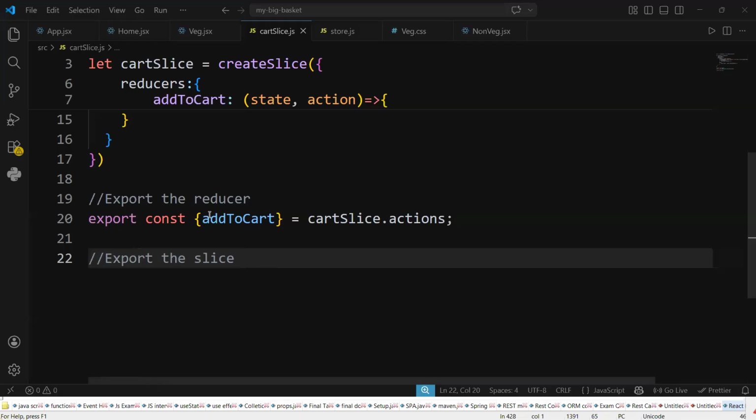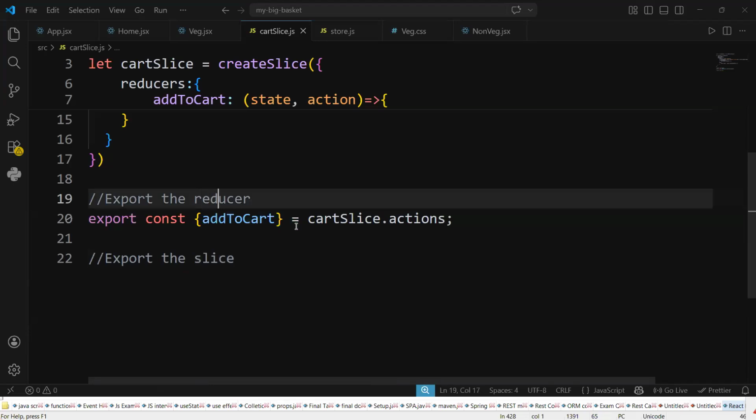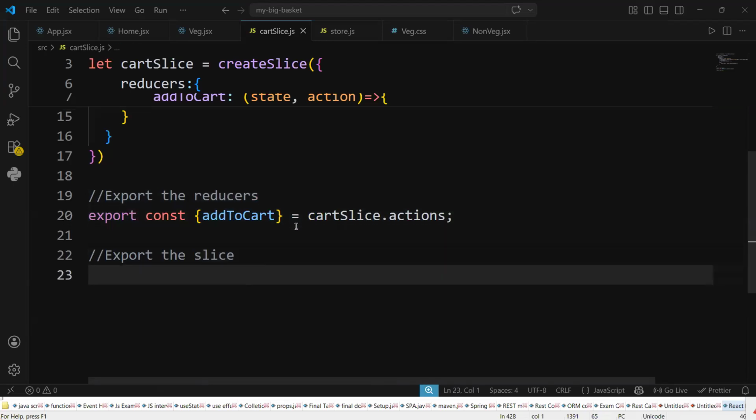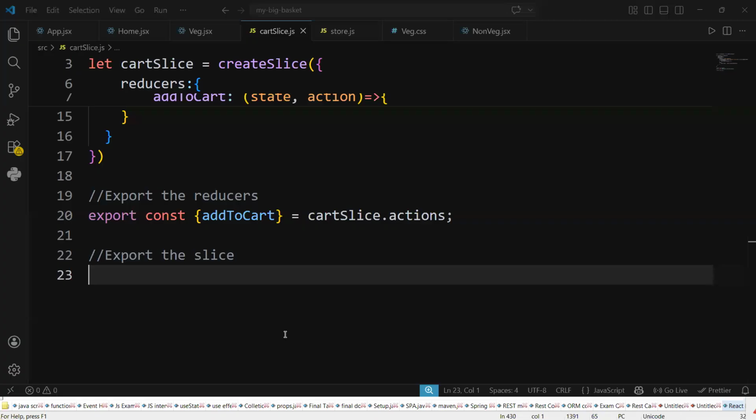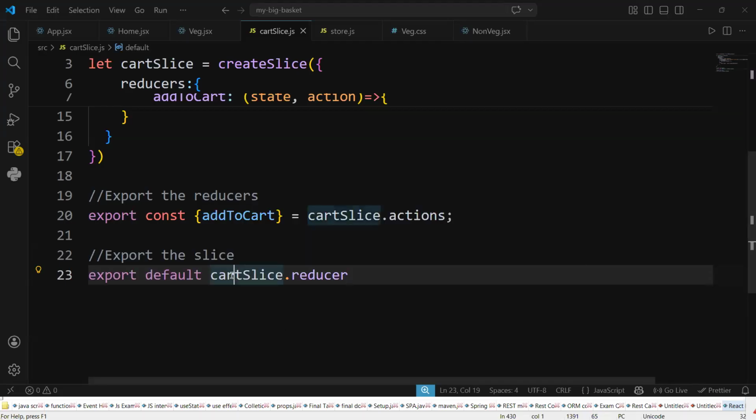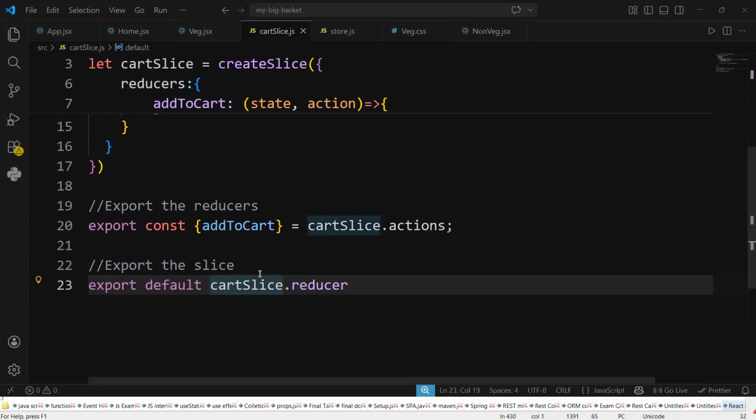No. That's what we are exporting: the reducer. This is exporting reducers. Next one is export the slice, because these are all the slices that I should configure in the store. First step is the slice. Second step, all the slices we should configure in the store. Export the slice. What slice do you have to export? cartSlice. That's it, guys, you can write cartSlice.reducer. That slice name we can use anything. I use cartSlice, but the function is here,